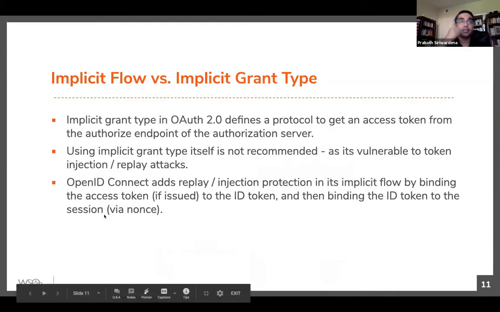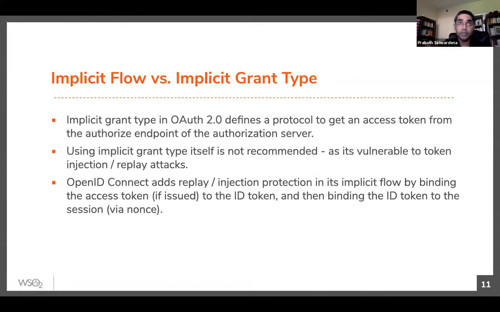Okay, I think we discussed this stuff, like what the difference is between the implicit flow and the implicit grant type. So the implicit grant type itself is not recommended to use, but it's fine to use implicit flow in OpenID Connect with the method provided by OpenID Connect itself. So you can get token injection prevention with the nonce value.